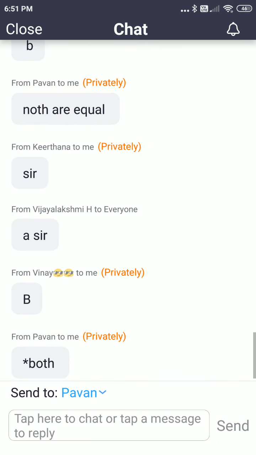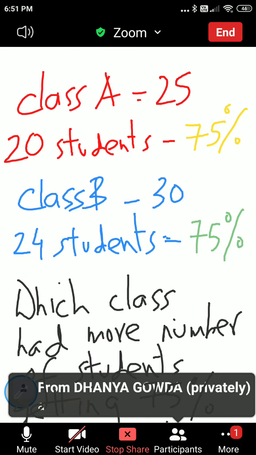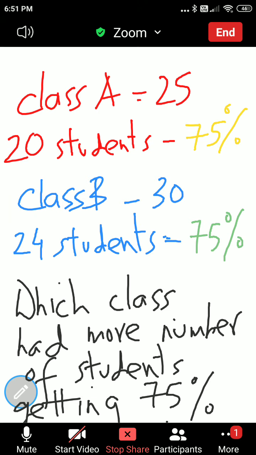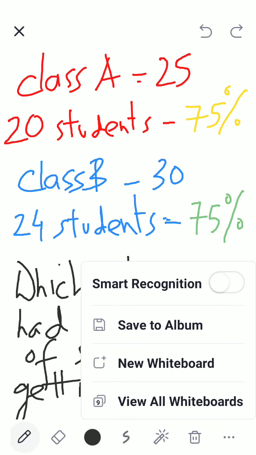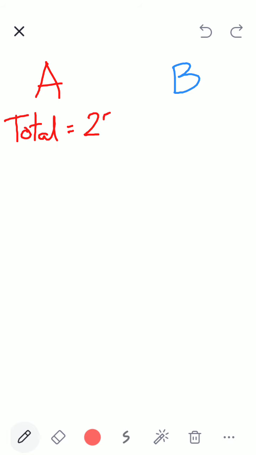Govardhan, tell me how you did. But step by step. Don't jump the steps, okay? Step by step, tell me what you did. Let me open my whiteboard. Okay, now tell. So I have class A and class B. In class A, total students how much? 25. In class B,